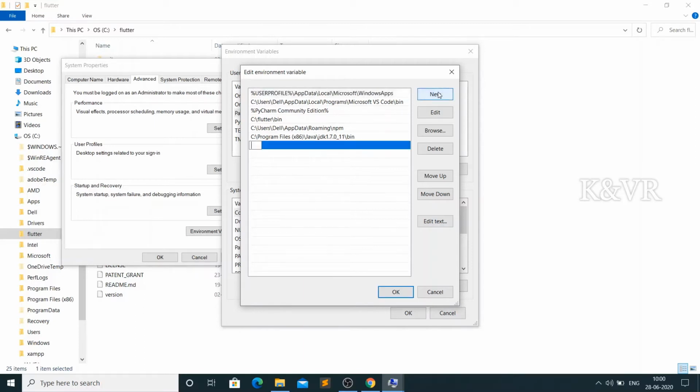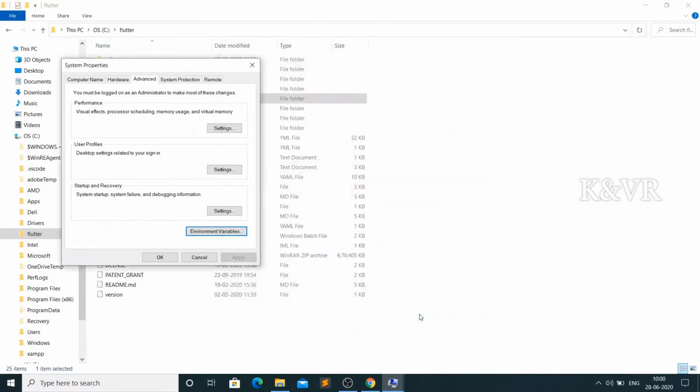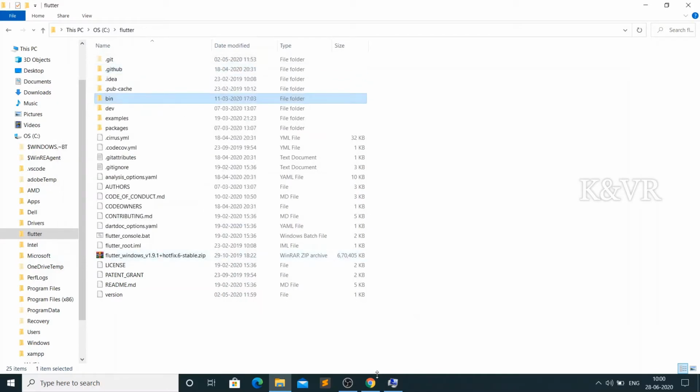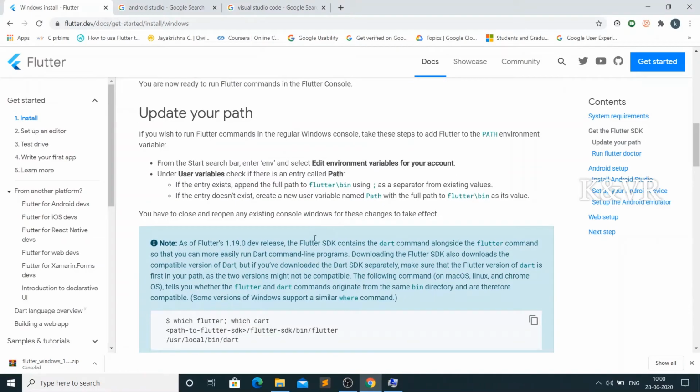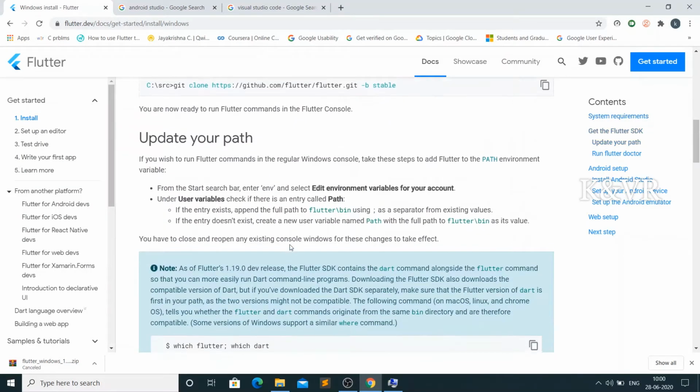Just click New and paste the Flutter bin path, and then OK and OK. Like that you have to do in your laptop. After that, what is the next step? Updating the path is over and the SDK download is over.